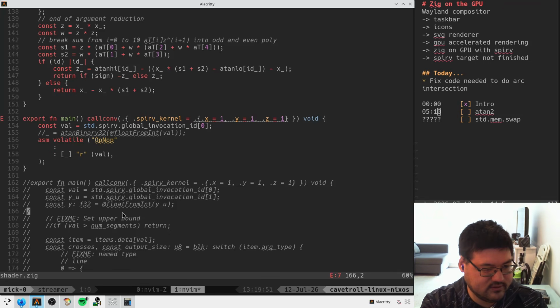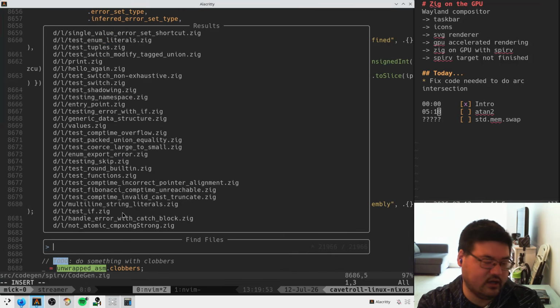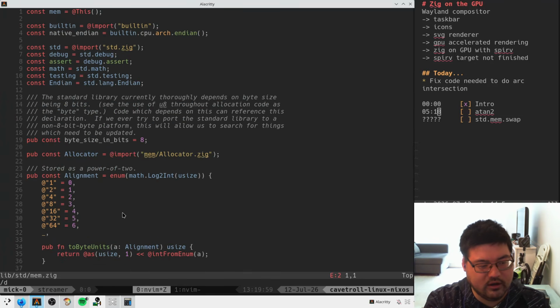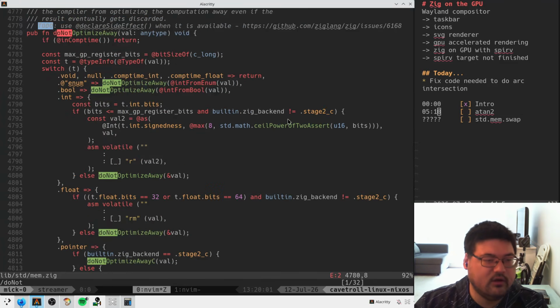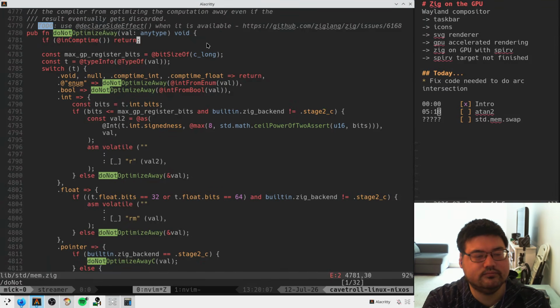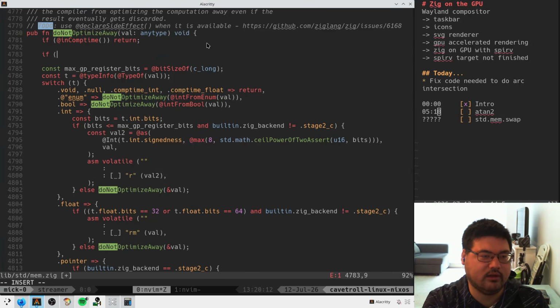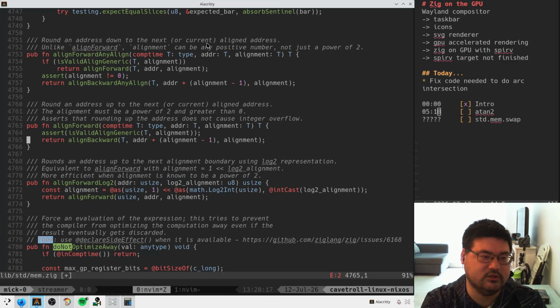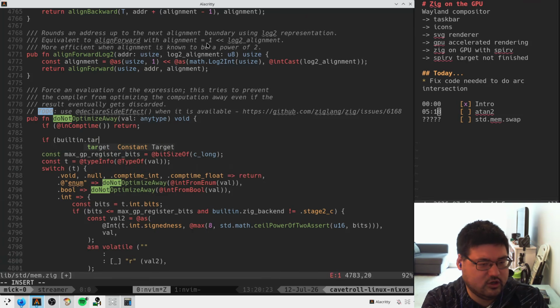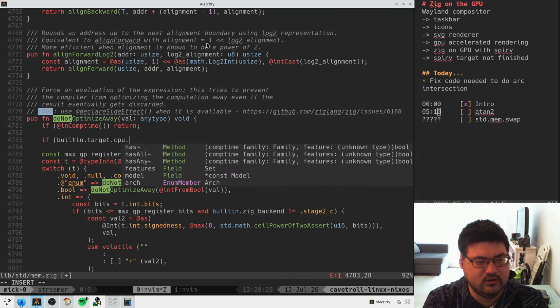Also, I realized that we were looking at the wrong version of Do Not Optimize Away. We should be looking at the one that we have here, but it's probably the same. Yeah. So my gut says that we should do something like, if the platform is equal to SPIR-V, right? However we get that information. Do we have built-in? We do. So we should be able to say, if built-in target is SPIR-V,